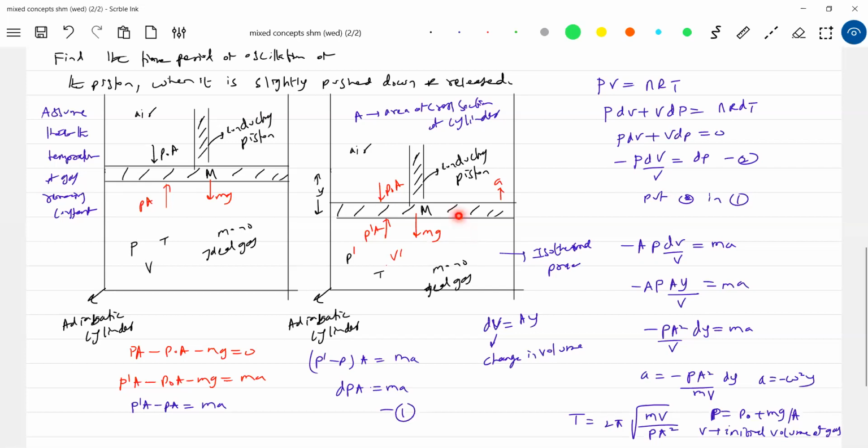If this piston vibrates rigorously, what do you mean by rigorously? It takes less time to complete one oscillation. Your language should be very good. If the piston vibrates rigorously, meaning it takes less time to complete one oscillation, then the process will become adiabatic. You need not make it conducting or whatever. If the piston vibrates slowly, or the time period is more, then it'll be isothermal, irrespective of whether the container is conducting or non-conducting.